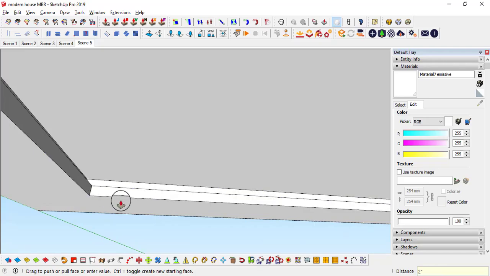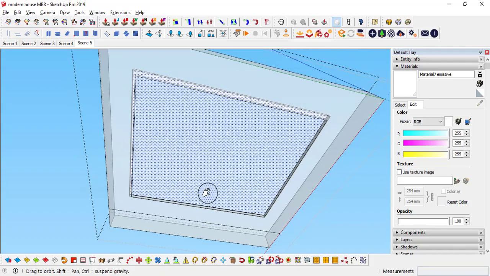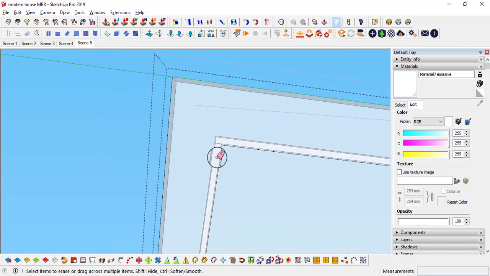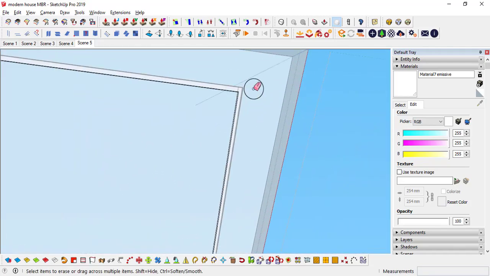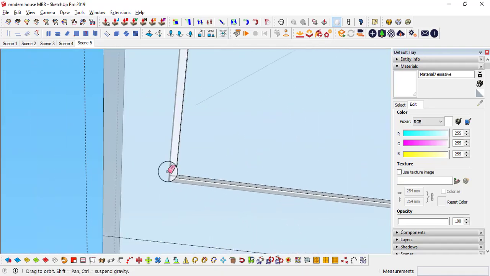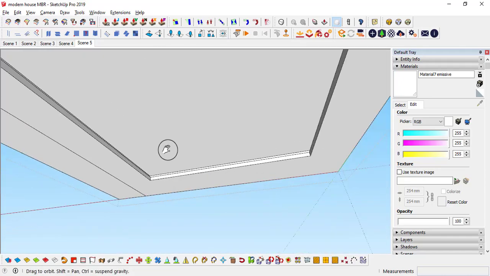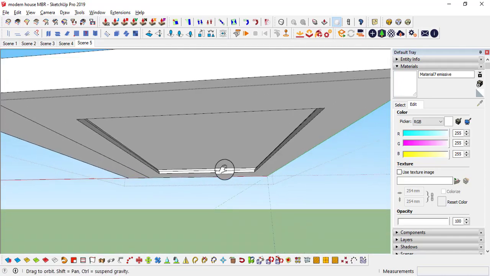That's it. Control Alt X. In the X-ray view you can erase the unneeded edges. That's it. Okay, Alt X. Now you can place some lighting.